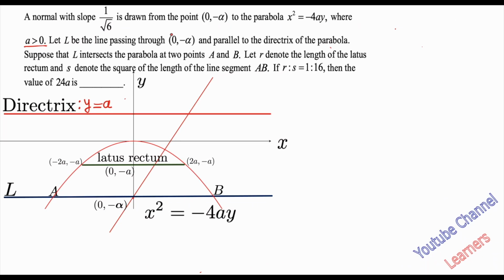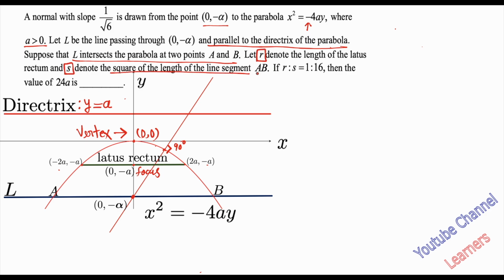We are dealing with the parabola x square equals minus 4ay, where a is greater than 0 and the parameter a controls direction. So the direction remains consistent with the standard interpretation of x square equals minus 4ay, which is downward opening. This parabola has directrix at y equals a and focus at 0 comma minus a. There is a normal which goes through this parabola through a point on the y-axis which has coordinate 0 comma minus